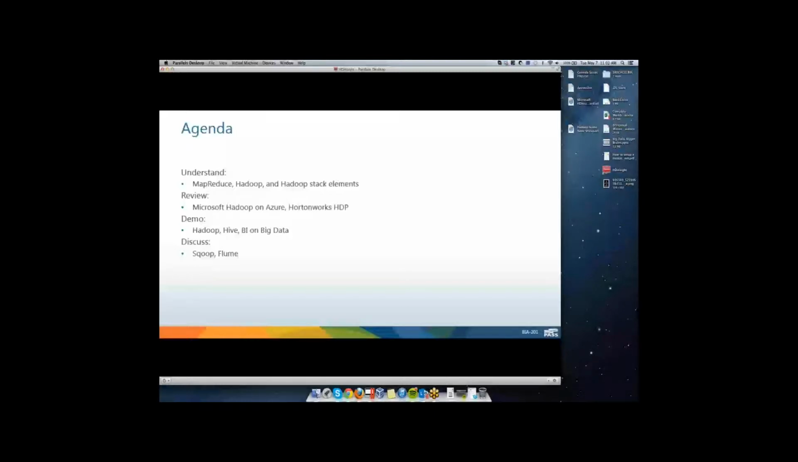A couple things we're going to try to understand: MapReduce, Hadoop, and the Hadoop stack elements a little bit better. We'll talk about what those are. We're going to talk about Microsoft's Hadoop on Azure, or HDInsight, as well as the Hortonworks Data Platform and how those are sort of cousins, so to speak. So we want to make sure that we understand the relationship there. We'll do a little bit of demoing on Hadoop and Hive and talk about how BI on big data works. We'll discuss a couple of the other tools like Sqoop and Flume